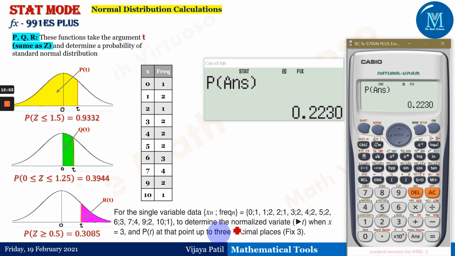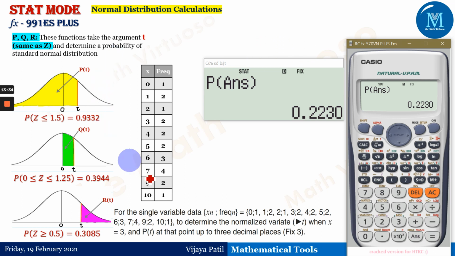So this is all about the normal distribution calculations. You don't require even the statistical table to go for the normal distributions, but yes, definitely you do require the prior knowledge of the distribution so that you can choose whether you need to go for P or Q or R. Disclaimer: I am not saying that you should not have the prior knowledge of the distribution. Yes, that theory part is always required. You can use the mathematical tools only if you do have the prior knowledge of all the topics. This type of tools will help only if you have the knowledge of the particular theory.